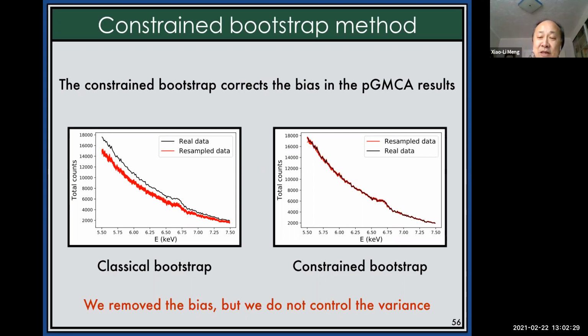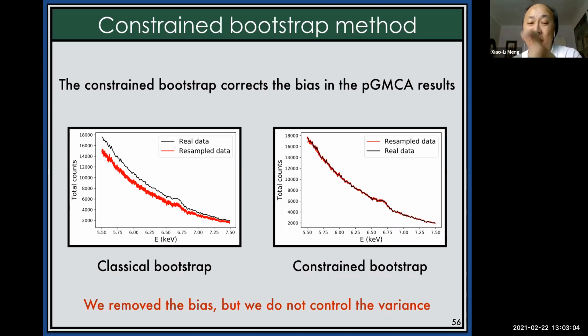Unless you have multiple images as your sampling units, you won't be able to reflect what the proper error is. You can do whatever you want, but you are destroying the underlying structure, right? The idea was precisely not to destroy the underlying structure, and it proved that the bootstrap was not able to do so, but my constraint bootstrap is. The idea of the constraint bootstrap was to do a fake Monte Carlo, as if we had an underlying model, but without knowing it. That would be the right way to do it.